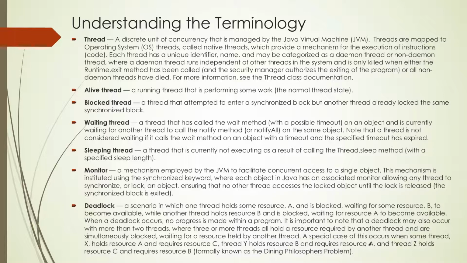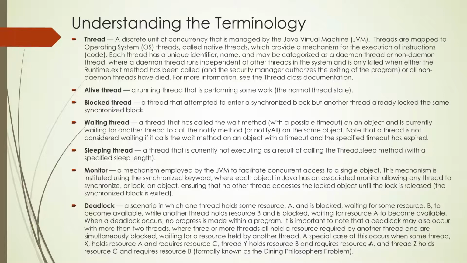Okay, now there is some terminology for the thread statuses. There is an alive thread. What is an alive thread? As the name suggests, it's a running thread which is performing some task or doing some work. A blocked thread is a thread which has attempted to synchronize a block, but some other thread has already acquired that block, so this particular thread is blocked from getting that resource,